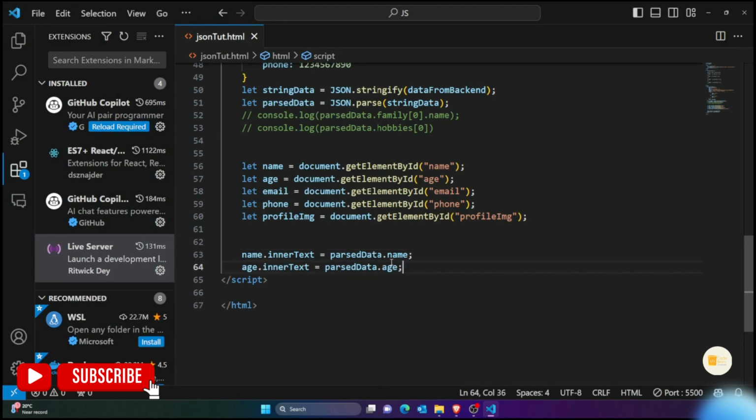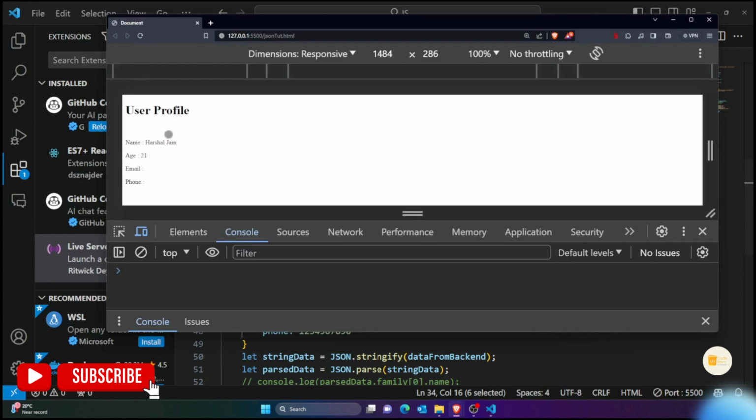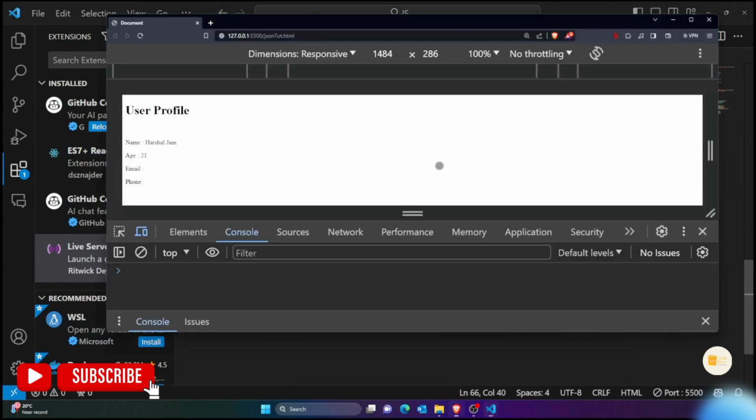Similarly, you would say age dot inner text. That means the age element's inner text would now become whatever age you have inside. So you can see you got the age. Similarly, if you want to show the email, or the phone, you would show